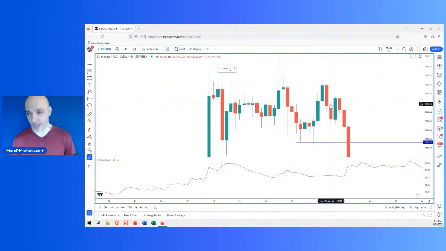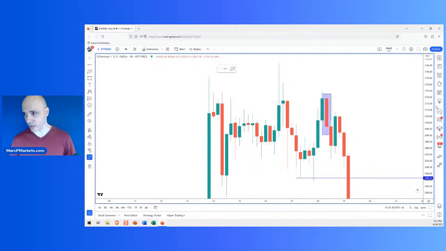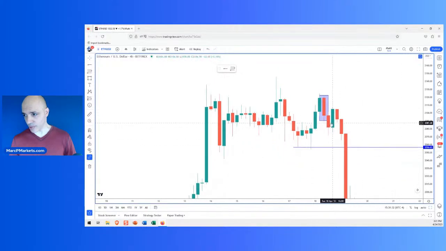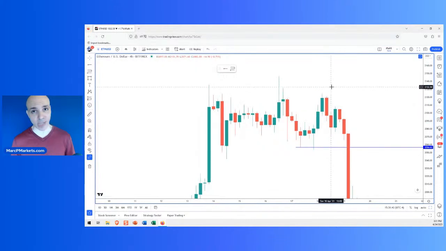So what do you do? Like, do you stay in this trade? At that point, you should at least be making adjustments, okay? When you get a big red candle like this, you should be doing something, right? Perhaps putting your stop to break even, adjusting your stop. And what's the low of this candle? 20.89. I mean, basically, you're at break even by the time this thing closes, right? So that's probably a good idea to do something, right? Maybe tighten the stop or just get out or whatever, right? That's what you have to do.